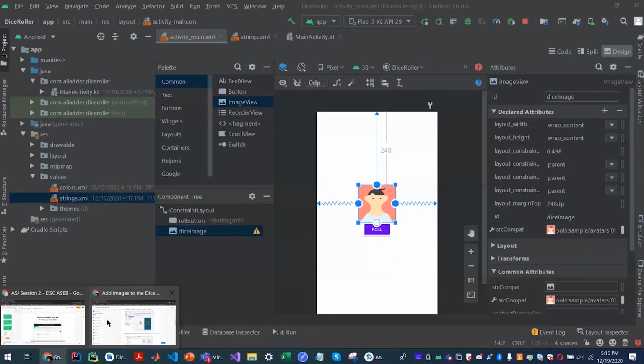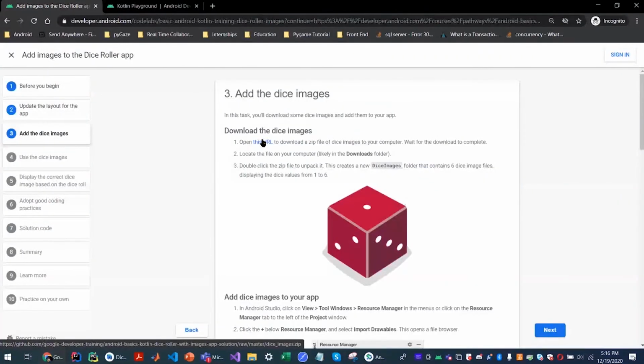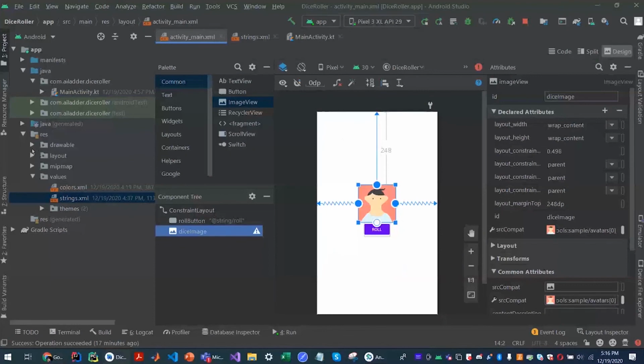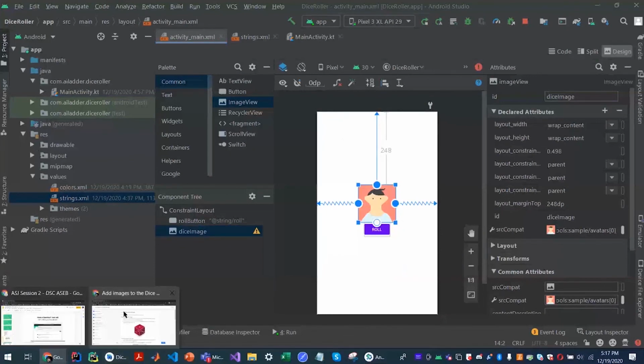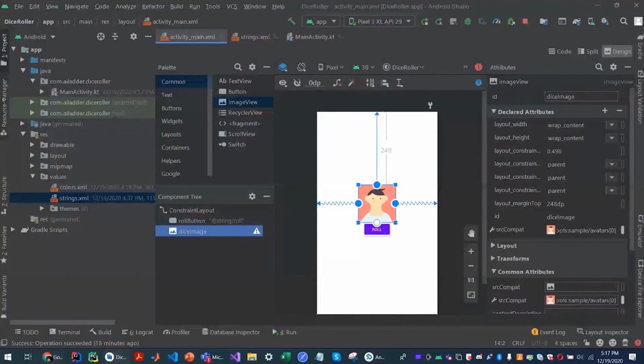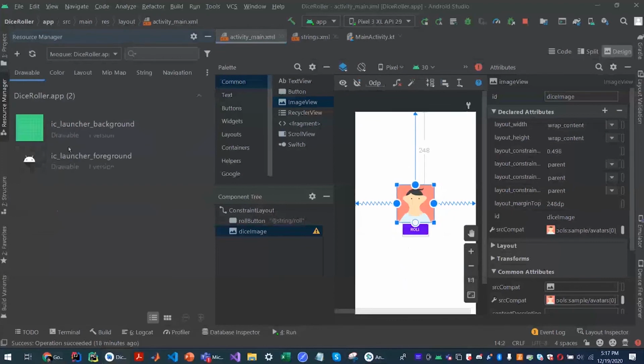Now the next thing to do is add the images. You can open the URL, you get a zip file, and you can download it wherever you want to. You'll anyway have to import them into this project, and we'll see how that's done now. If you look here, there's something called the resource manager, which lets you import, rename or delete any images you want to use.